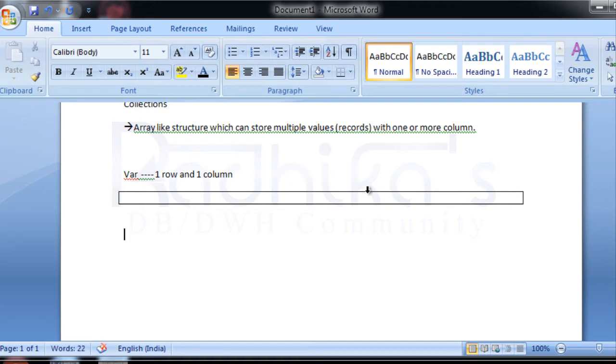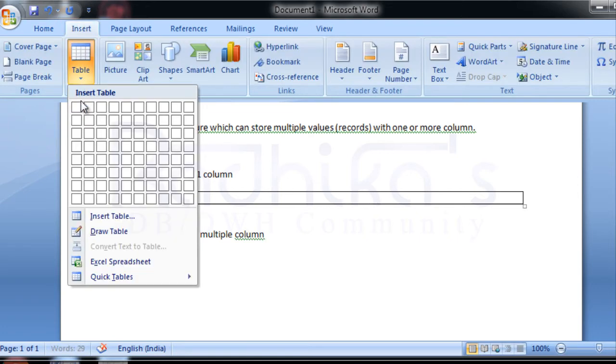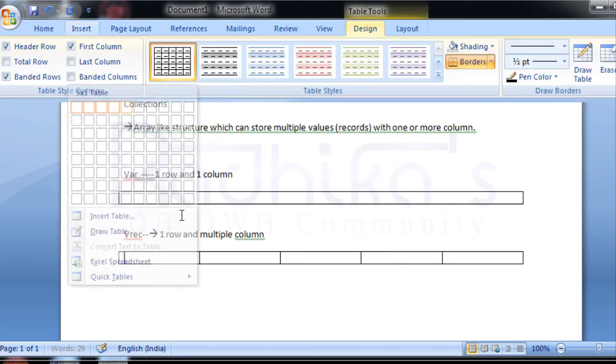Just to give a proper demonstration, when we say a record type variable, how does that look like? A record variable is nothing but one row and multiple columns.